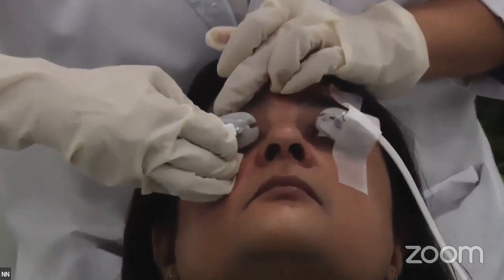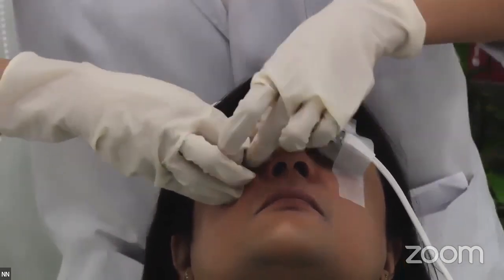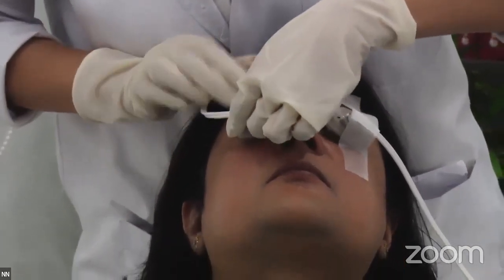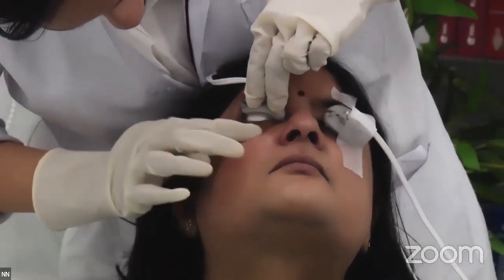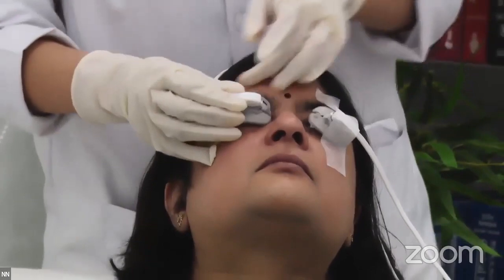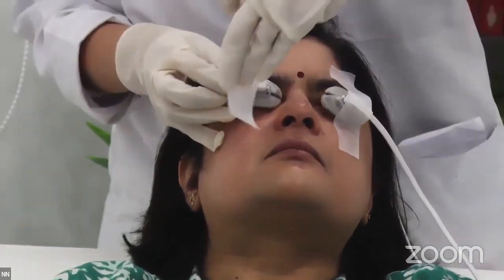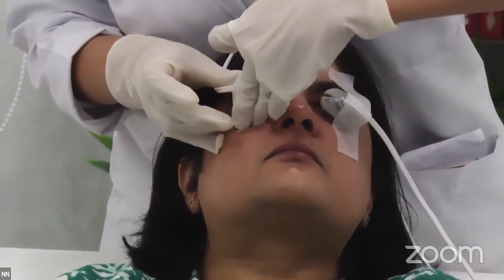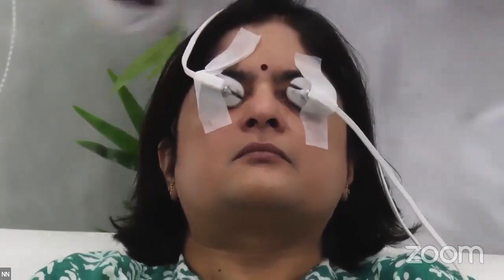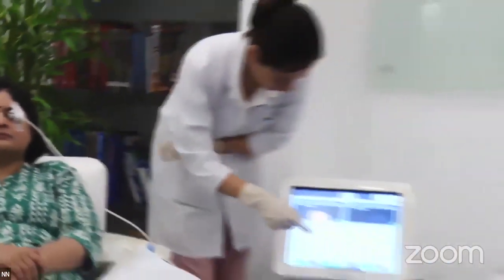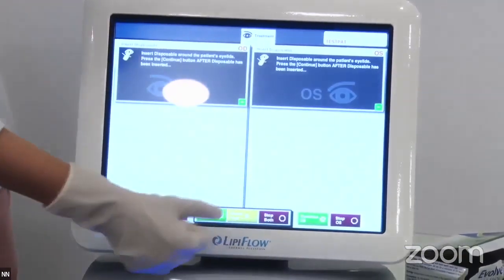So first the lower lid, then we ask the patient to look down now. We make sure that the lids are out and in between the applicator. Look up. So once we have made sure that the applicators are nicely snugged on the cornea, we have options of doing